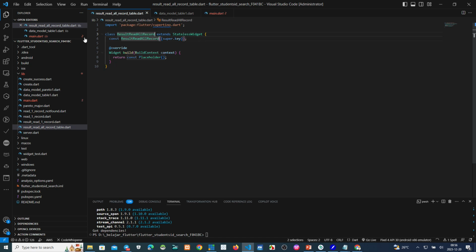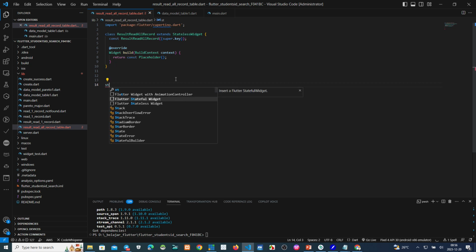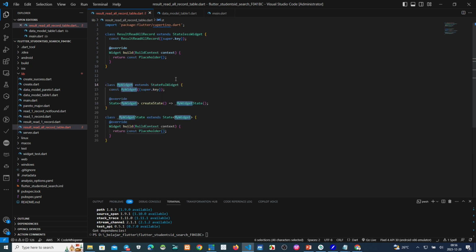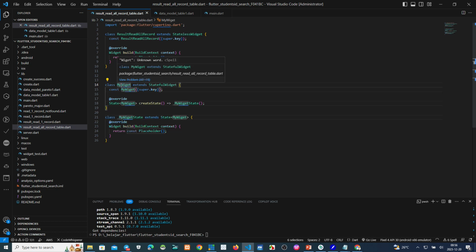Okay, this is the class name. And then for the stateful widget, we click stateful widget and make a name, my widget. You can change it using your own word, up to you.